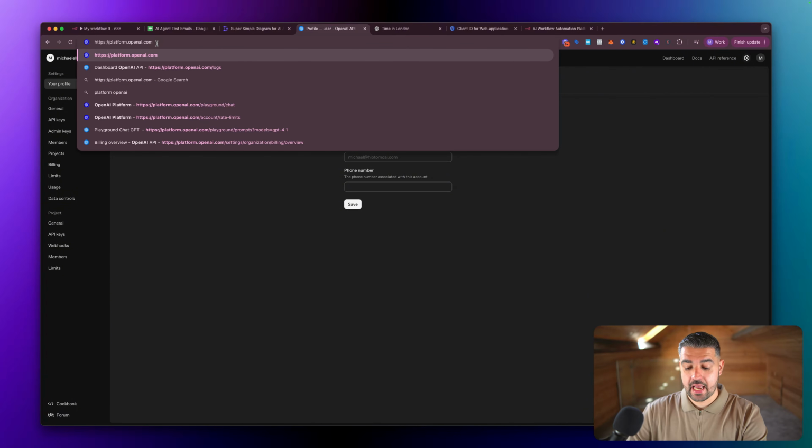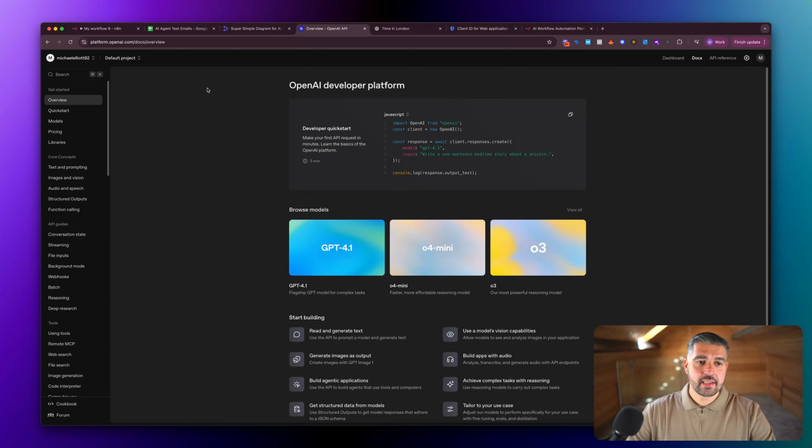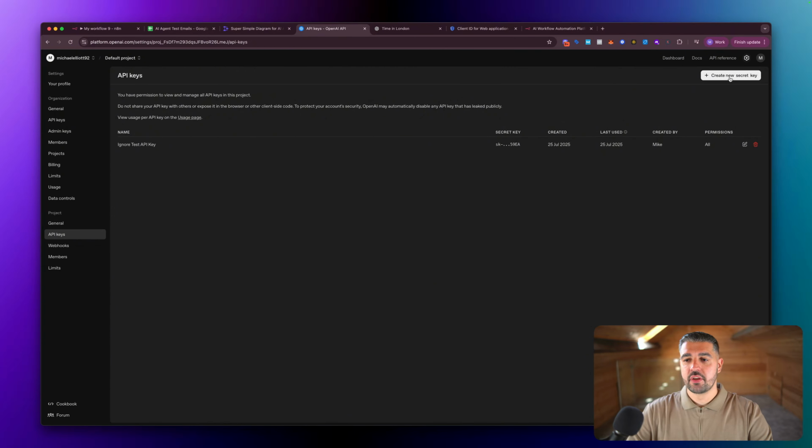This is where you need to head. And once you get inside of here, you need to create an account. Create the account with the email address, obviously, that you've got with your n8n account. You can connect others, but you go to the top right of the screen and you hit the little cog icon. And once you hit that little cog icon, you hit API keys,